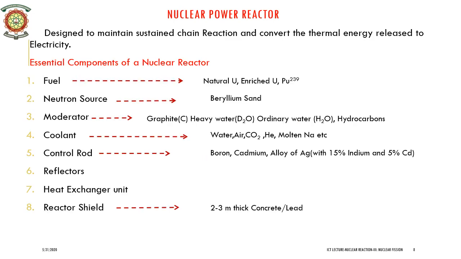We will now look at what are called as power reactors. The primary purpose of these power reactors, as the name suggests, is to convert the energy released during fission into useful electrical power or electrical output. Generally, the heat energy produced during fission is used to produce steam and drive a turbine which will produce electricity.